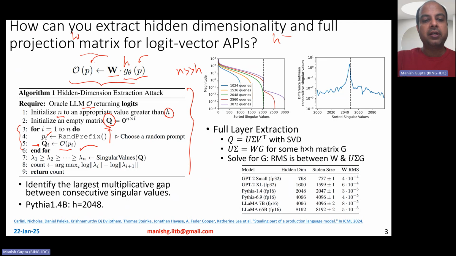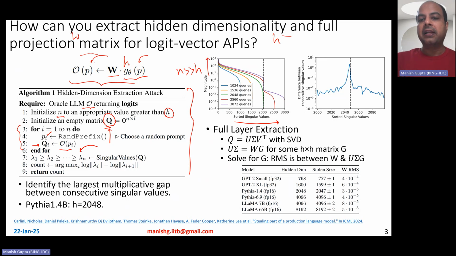So you basically try to figure out the eigenvalues of this matrix Q. So lambda 1, lambda 2, up to lambda n, and so on. Okay. So what you would observe is that at a particular threshold, these eigenvalues suddenly drop. So for example, if you sort these singular eigenvalues and look at their magnitude,